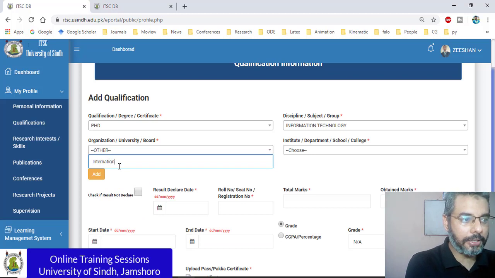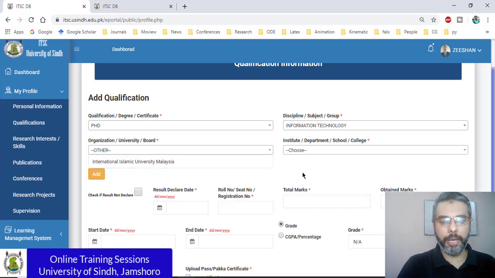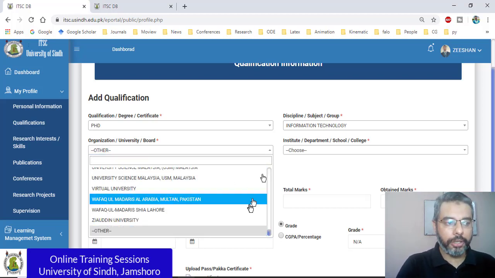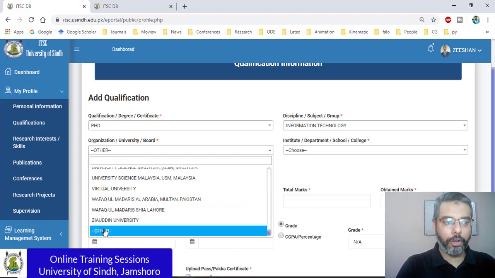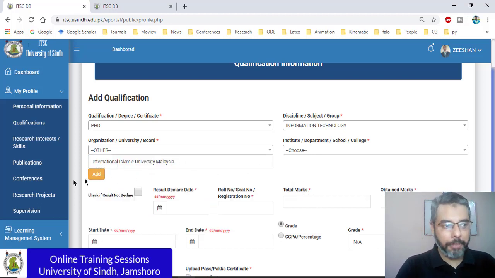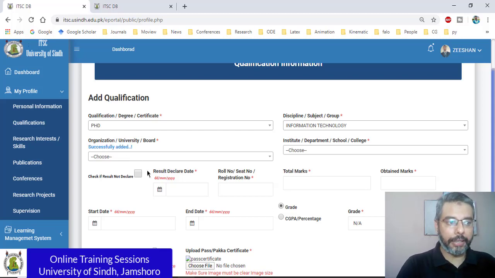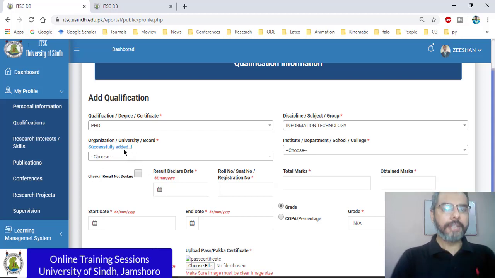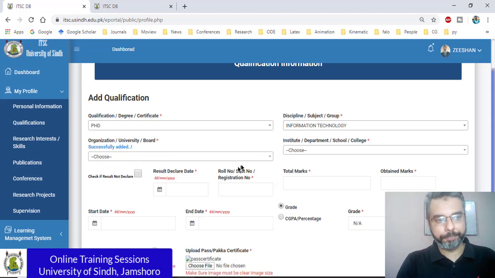So in my case it is International Islamic University Malaysia, IIUM, sorry. Okay, so I just type in my university name. Again, remember, if your university name is not listed here, just go to the bottom, click on Other, and then you should be able to type in your university name and click on Add, and it should be added into the system. So now hopefully somebody else might choose it and find it there. This is how you can add a university name to the list as well.